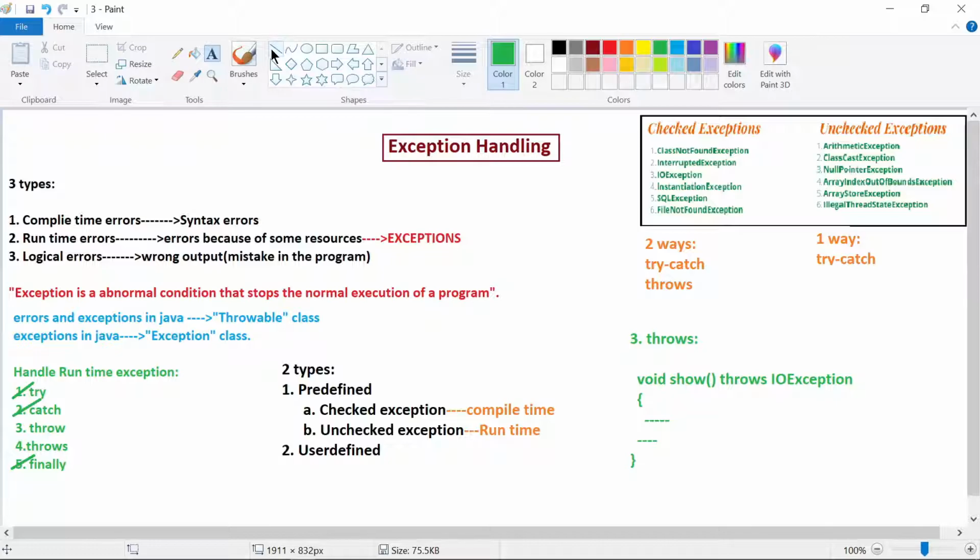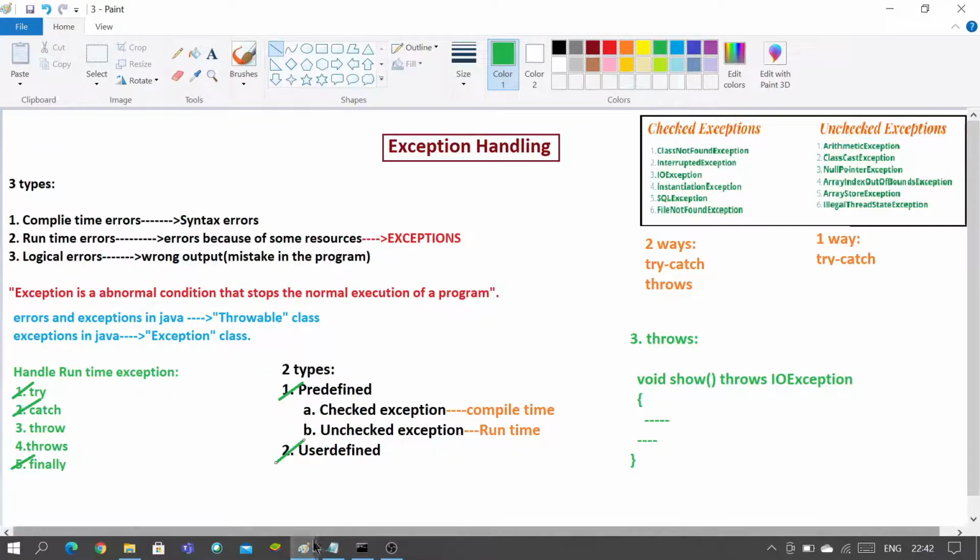I hope you all are clear with this concept of predefined. Now let us see in detail, if you want to design your own exception and if you want to throw that exception, in such a case how you are going to use throw and throws, we'll learn in detail. At that time it will be clear to you all what is throws and throw. I hope throws is clear to you all. Throws is nothing but if you are raising unchecked exceptions, and if you want the system to handle that one, then you can use this statement of throws. Now let us see what is this user defined exception in detail.